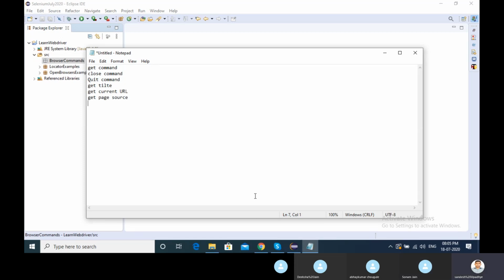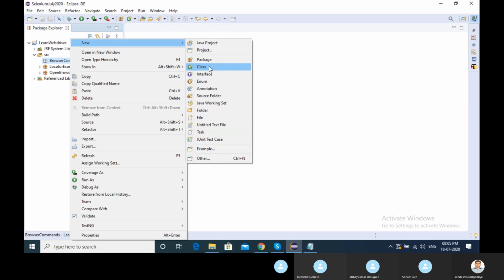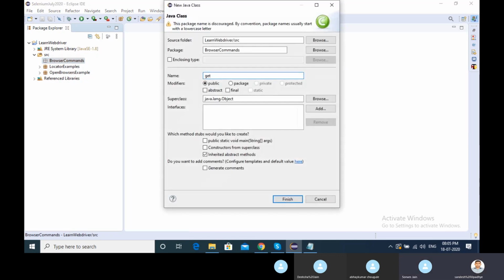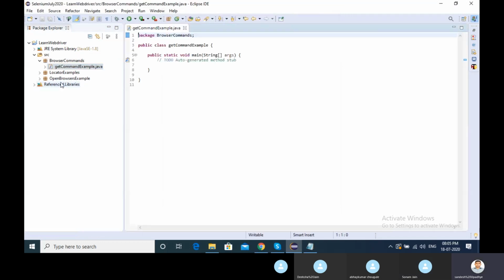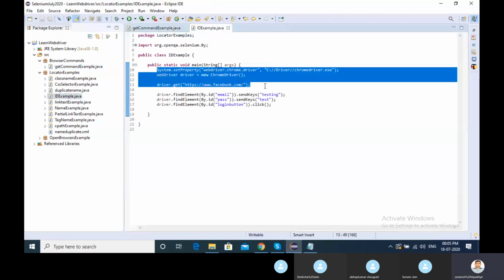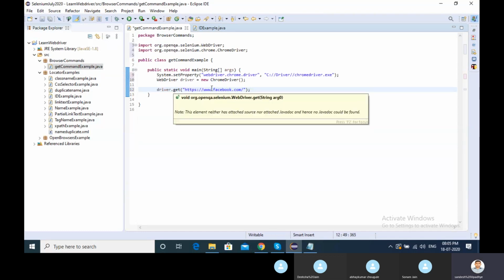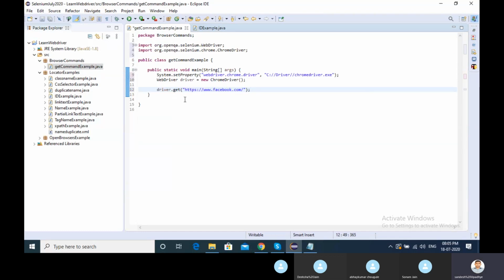So what happened with working with the browser? I already taught you these three commands. Get command example. Let me go very quickly because you all know this command. What happens with this get command? This URL is opening, right? You know this, right? So there are a few other commands which are not familiar to you, and I want to tell you these things.